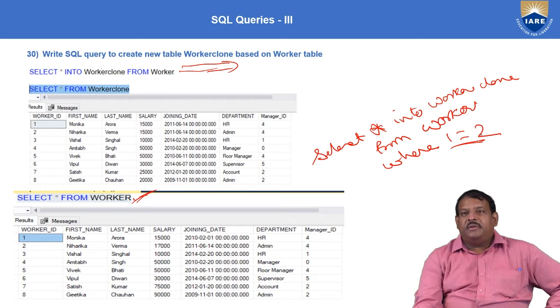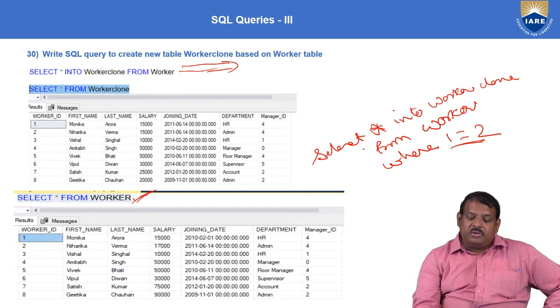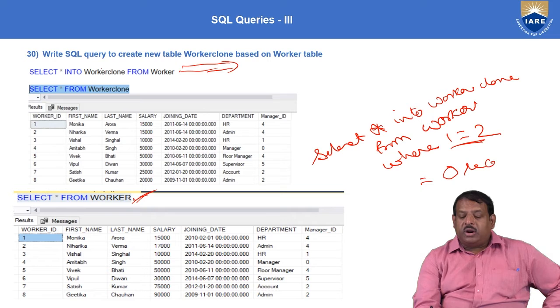By this false condition, when you execute select star from workers where 1 is equal to 2, you are going to get 0 records, because your condition is false. If you say 1 is equal to 1, then you are going to get all the records. But here I am saying 1 is equal to 2, which means 0 records will be fetched.